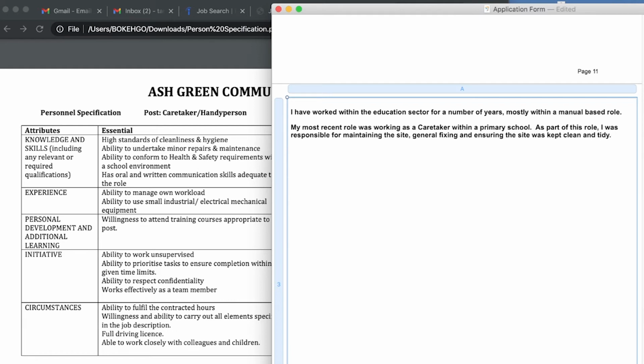Okay, so you've got a little bit of an opener there. This is where you can start to lead into things like high standards of cleanliness and hygiene. So you've said there that my responsibility was maintaining the site, general fixing and ensuring the site was kept clean and tidy. So you've demonstrated that you did have a responsibility for keeping the site clean and tidy. What you might want to put in here is, for example, I would ensure that